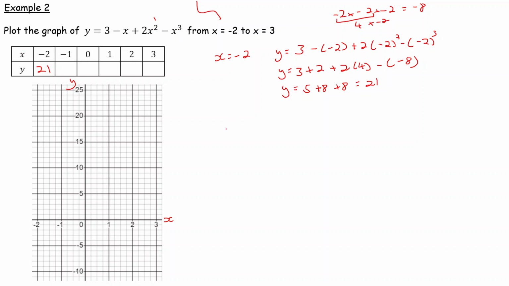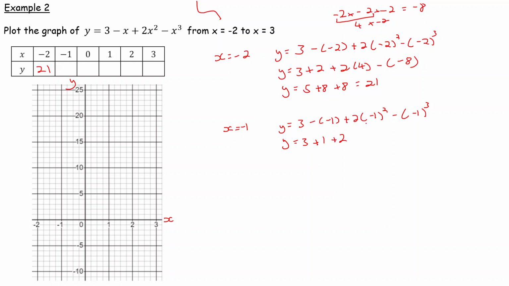Right, so now when x is equal to -1, let's go and put that one in. X is -1. We're going to get y being equal to 3, take away my x value, which is now -1, plus 2x squared, where x is equal to -1, so -1 squared. Take away x cubed, where x is equal to -1, so take away -1 cubed. So y is equal to 3. Take away -1, again that becomes a +1, plus 2